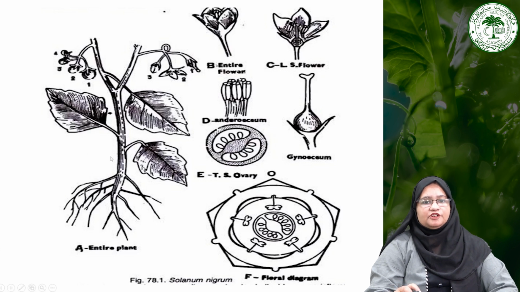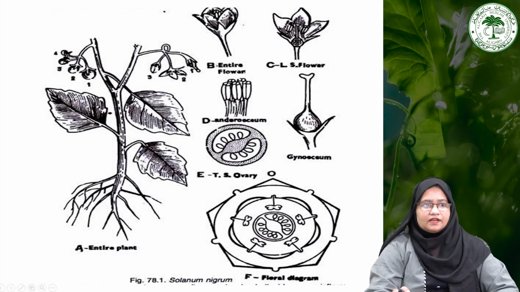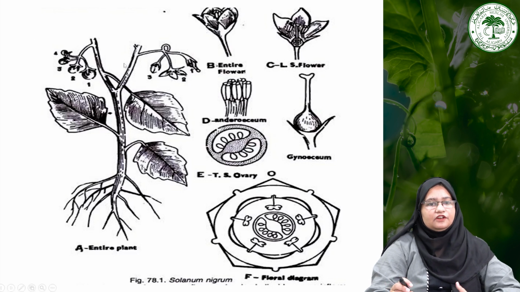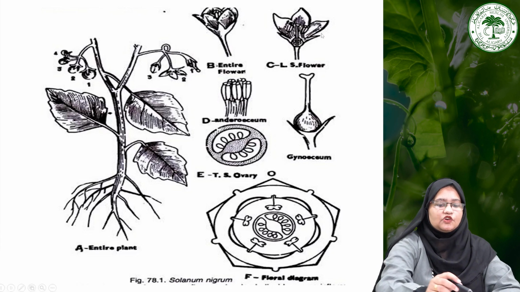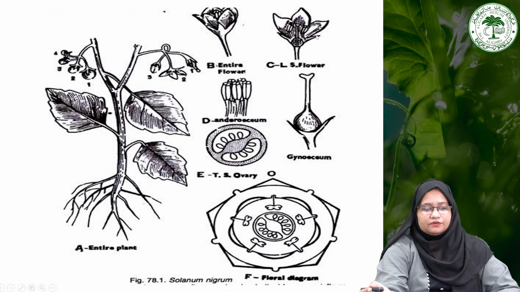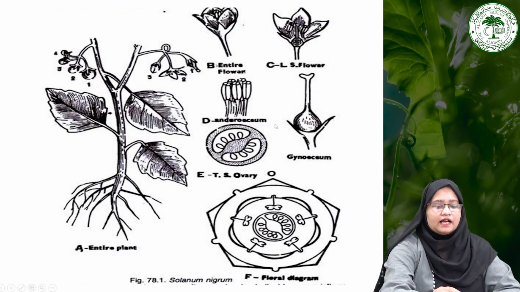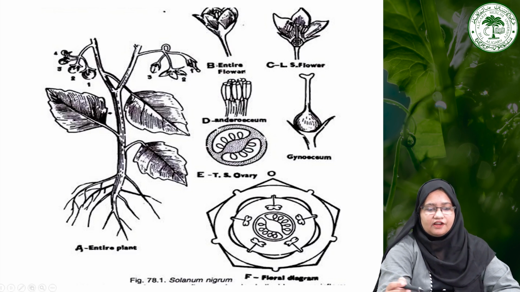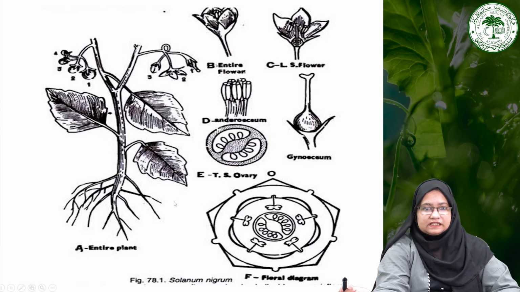Now coming towards the economic importance of the family Cucurbitaceae. We have already discussed that so many plants of this particular family are known as vegetables as well as fruits. So I will discuss here in short, many species of Cucurbita and cucurbits like Cucumis melo, that is in Hindi called kharbuja. This is a fruit. Similarly, Cucumis melo variety Momordica, that is termed as a fruit. Then Cucumis melo variety Utilissimus, that is known as kakadi. Then Cucumis sativus, that is termed as kheera.